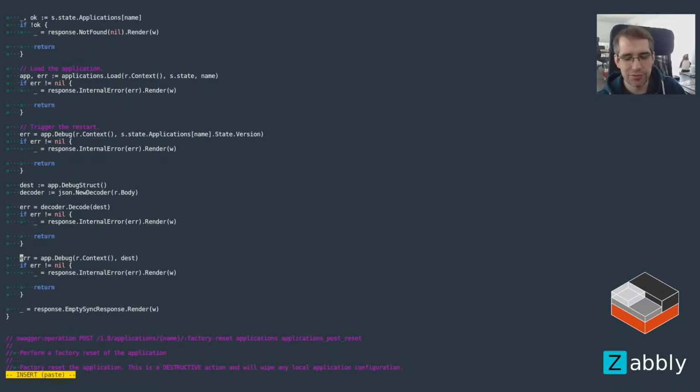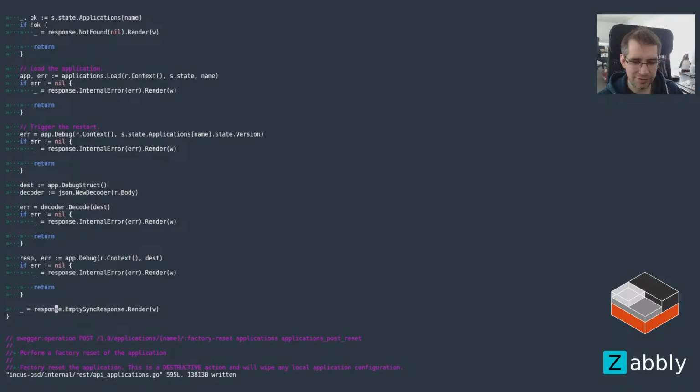Another thing we could do is literally pass through the HTTP writer and just say, okay, well, the debug endpoint has to handle the actual HTTP response and it's its problem. I don't love that. I'd rather this returns a response in the style that we can handle,